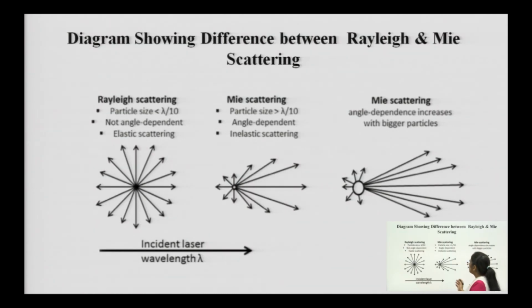This is one of the pictorial representations. This is the Rayleigh scattering occurring in all directions. This is the Mie scattering occurring in the forward direction prominently. In the backward direction, it is very less. Particle size has to be less than the wavelength. Another difference: Rayleigh is non-angle dependent, while Mie is angle dependent, which we can see most prominently when the obstacle size is big. When obstacle size is small, angle dependency cannot be seen clearly, but when the obstacle size is increased, angle dependency is clearly seen.